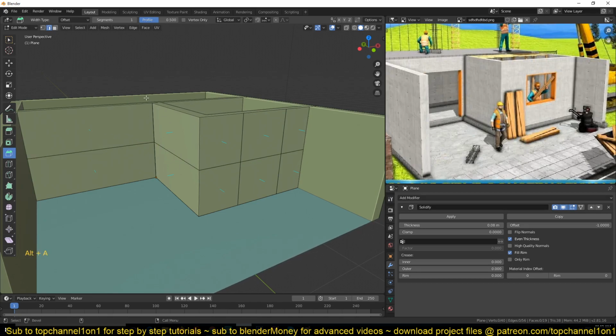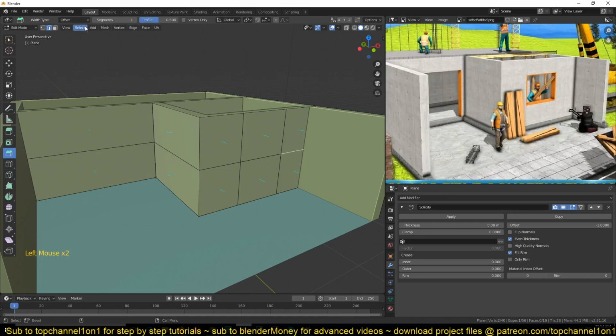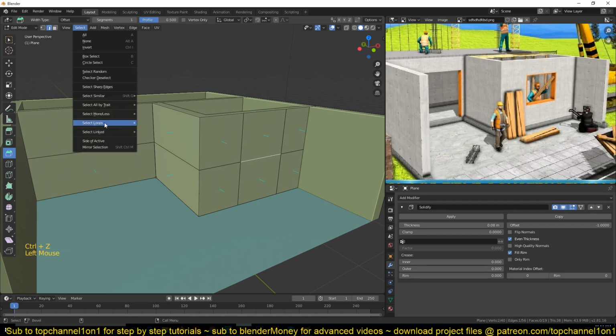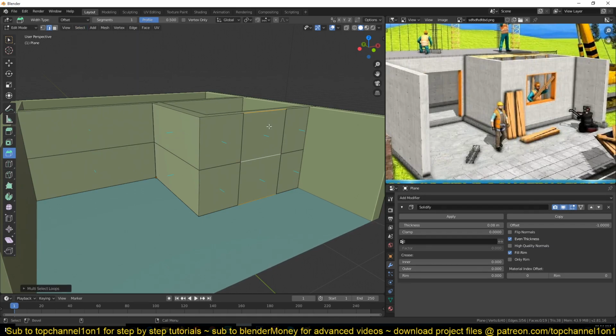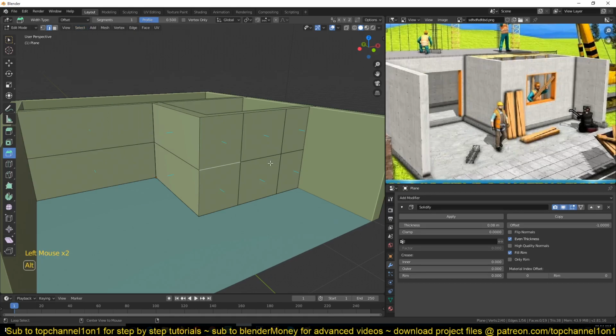You can also find those options under, I think, if you select a vertex like this, you can go under select and then select loops or rings, and select a row of edges like that. So I'm just going to use the shortcuts, but you can find the same options under the select menu. So Alt to select that, and then Control B, which is the same as using this tool here to